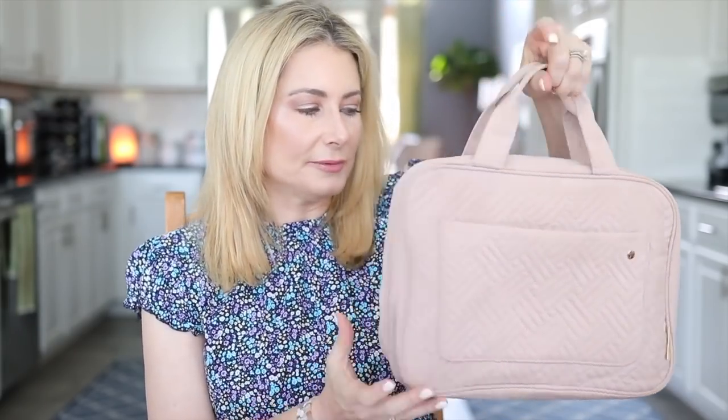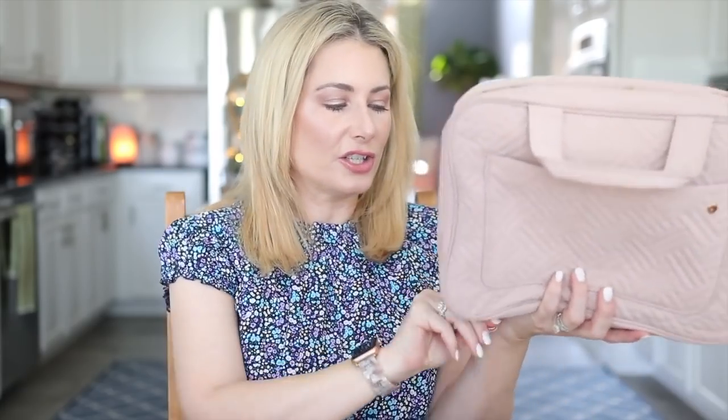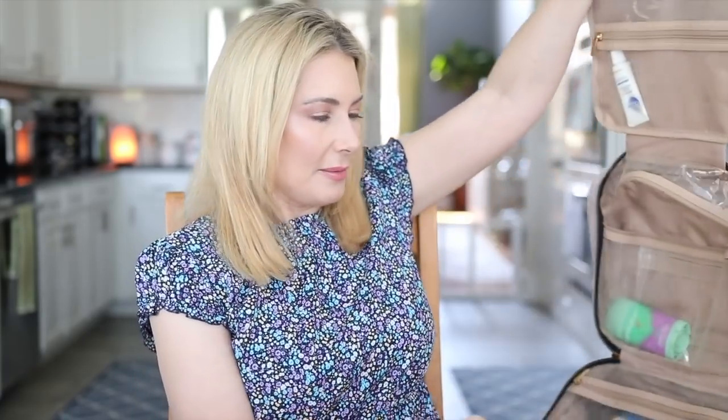Some people use this just to hold their makeup, some people use this just for travel. It's, again, another major Amazon bestseller. Comes in a lot of colors. I just like this soft pink. Has a nice outer pocket. I've talked about this a ton, but in case you're unfamiliar, I do have the large option because I like options, and there's a lot of room for a lot of options. I do keep this one full of a few things that I reach for all the time when I travel,